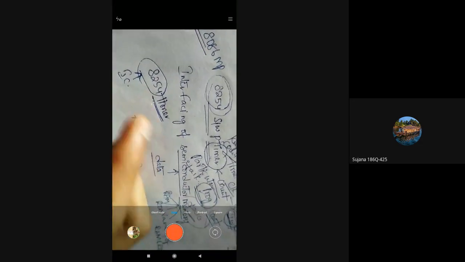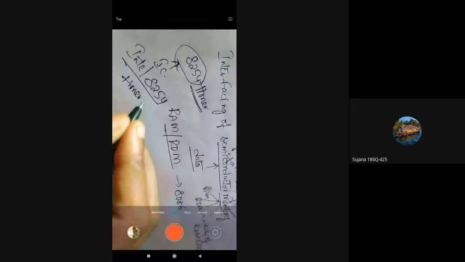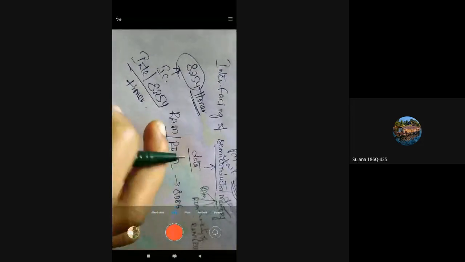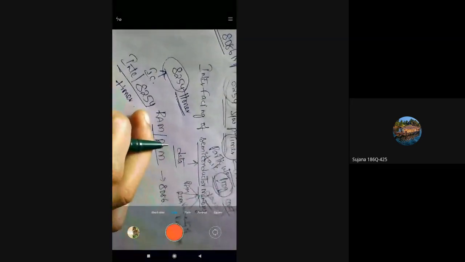So 8254 is a timer, developed by a company called Intel. We generally use the Intel 8254 timer in the majority of devices or ICs.